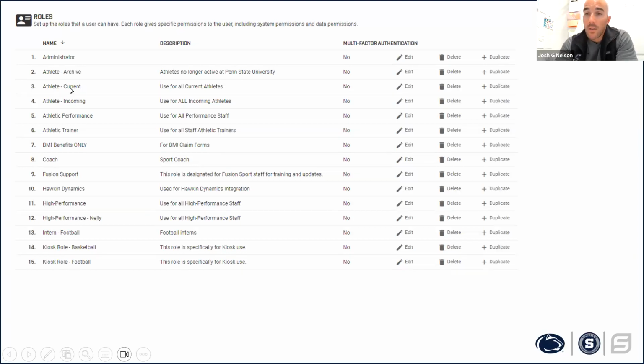Athletes that are current, that role would be set up so that athletes can input information against their own profile, only their own profile, and they can view select information against only their profile. Athletes that are incoming may have access to enter only information on one area. So they may be able to input information only on the electronic medical record, the EMR side. Maybe that's for athlete intake. Maybe that's for testing. There's a lot of different ways, but essentially you can see how we can control access to the system by assigning roles to individuals that have access to the system.